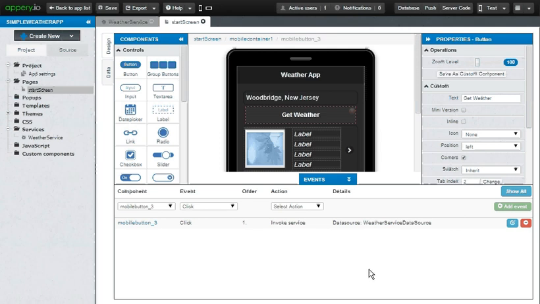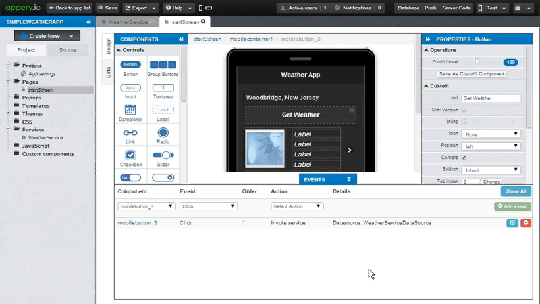So I think we are done with all this. So if you realize, we have done four major things, to quickly summarize. First is we created a weather service, which is a wrapper over a REST service. Secondly, we went and created a user interface. Thirdly, we went ahead and created a mapping between the responses of the weather service and the user interface widgets.